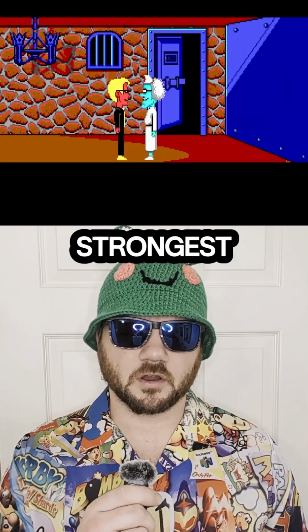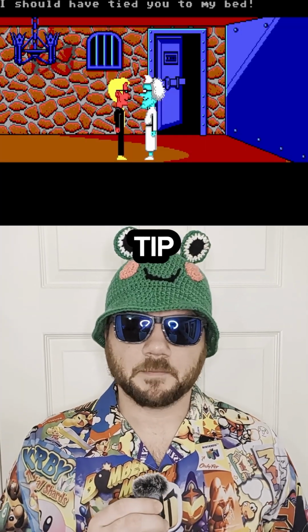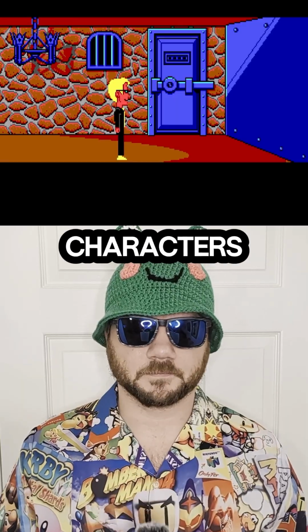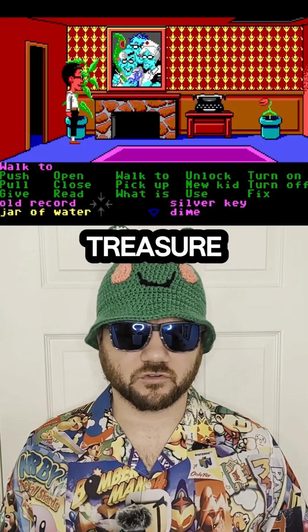The puzzles are the strongest part about this game. They're pretty creatively designed. Your first playthrough, you'll only get the tip of the iceberg too, because a lot of puzzles can only be solved by certain characters. At first glance, this looks like a very simple old game, but there is a vast treasure trove of content